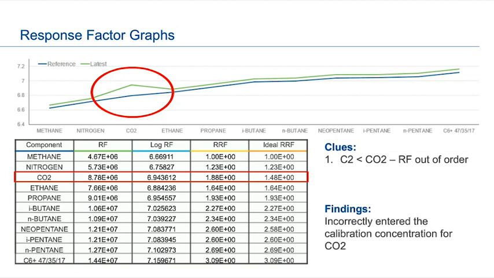But the one thing I also need to look at, again, I'll pull back my chromatogram, the order of elution is basically nitrogen, methane, carbon dioxide, and ethane. So that tells me right away CO2 is in the middle of that elution, so it's not going to be a valve timing issue. So I can eliminate that right away. So then it goes down to where I want to start to look. And in this case, it's leading me to the idea I did a fat finger. I put the wrong